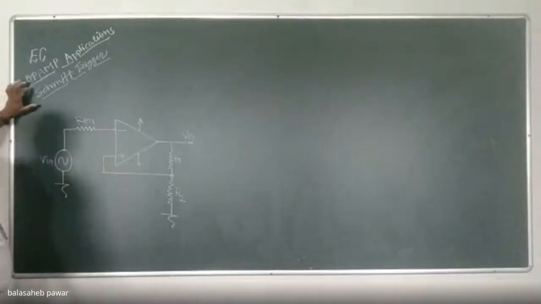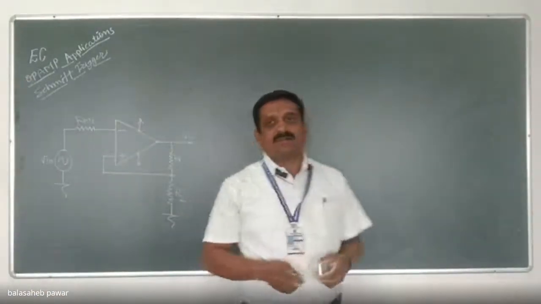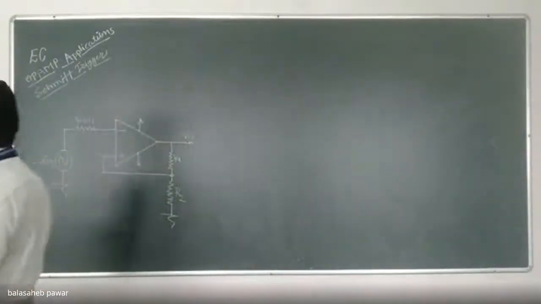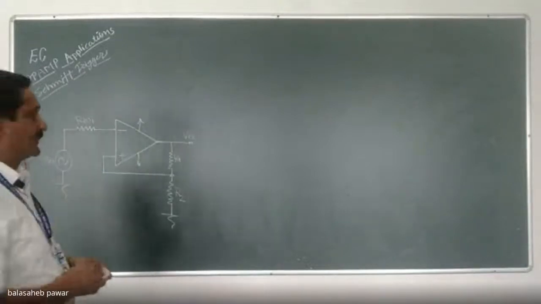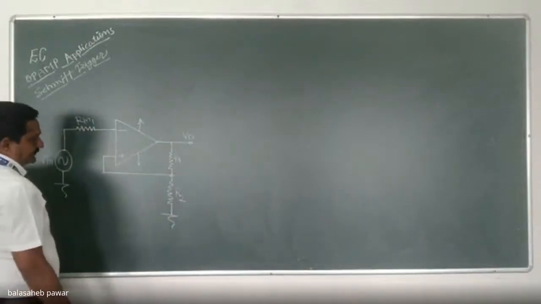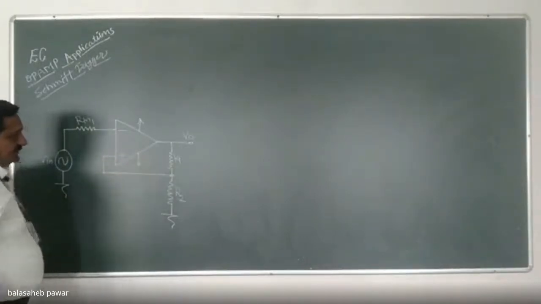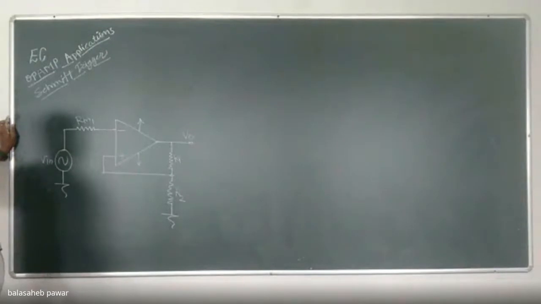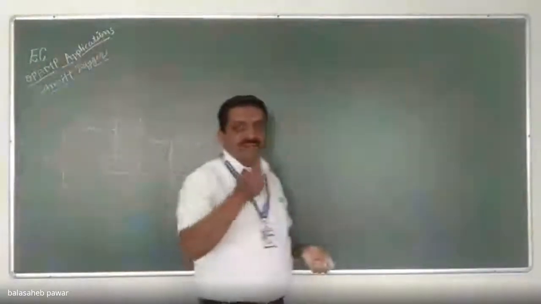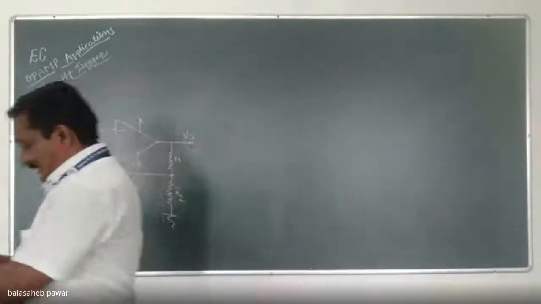Okay. So remember, in Schmitt trigger, to overcome the limitations of ZCD, that is zero crossing detector, against that noise voltage signal or low frequency input signals, positive feedback is preferred. See that the reference voltage now is not 0 volt. How much will it be? It will be either somewhat positive or somewhat negative. Why somewhat? I am saying somewhat positive or somewhat negative. That I will explain now.